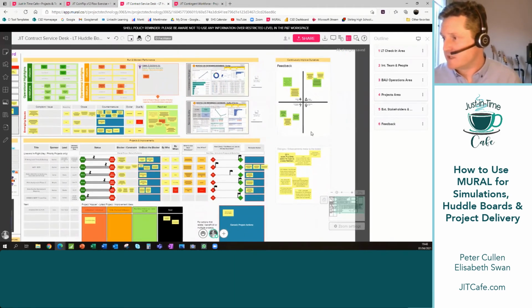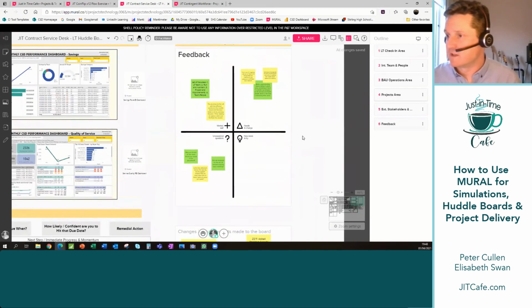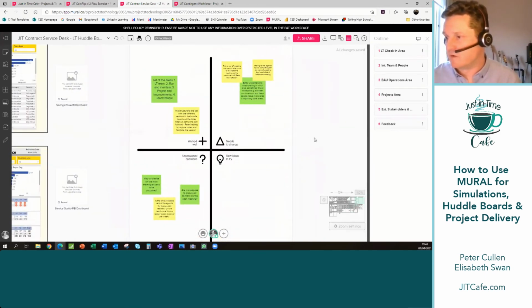We always try to finish the huddles with just a little bit of feedback. What went well, what didn't go so well, anything new we want to try. So we've got that sort of PDCA type loop within what we do. As with everything, these things evolve over time and hopefully get better. So that's where we use it for